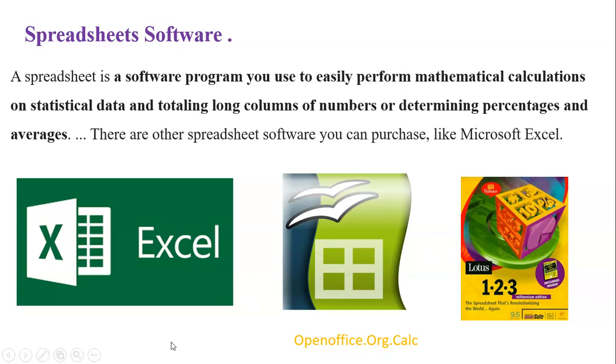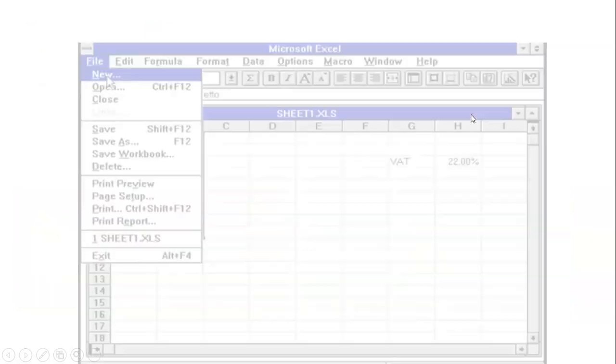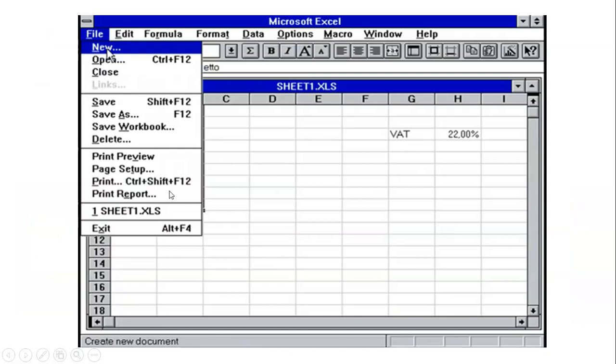In all these applications, you can use them for calculations, or for totaling the numbers, for determining the percentage also, right? Here you can see how it is performing.